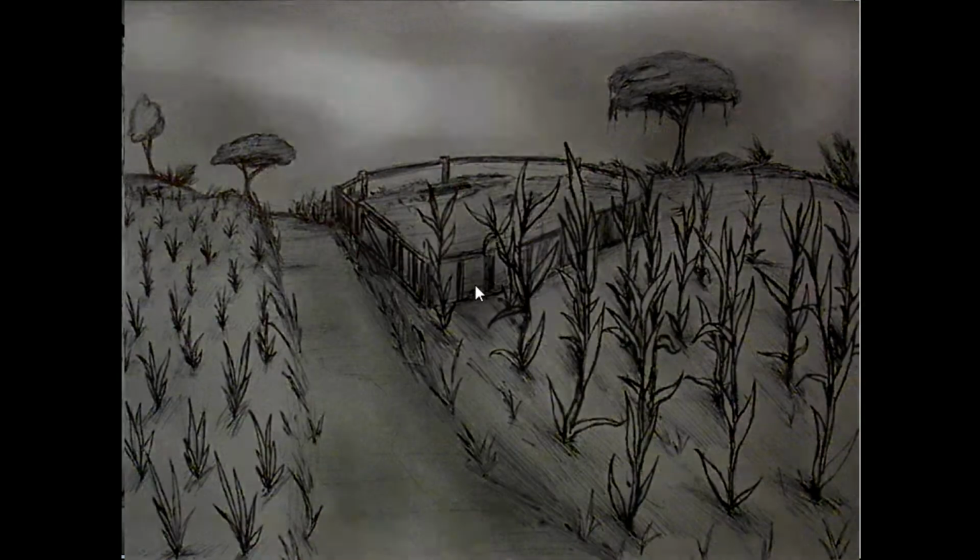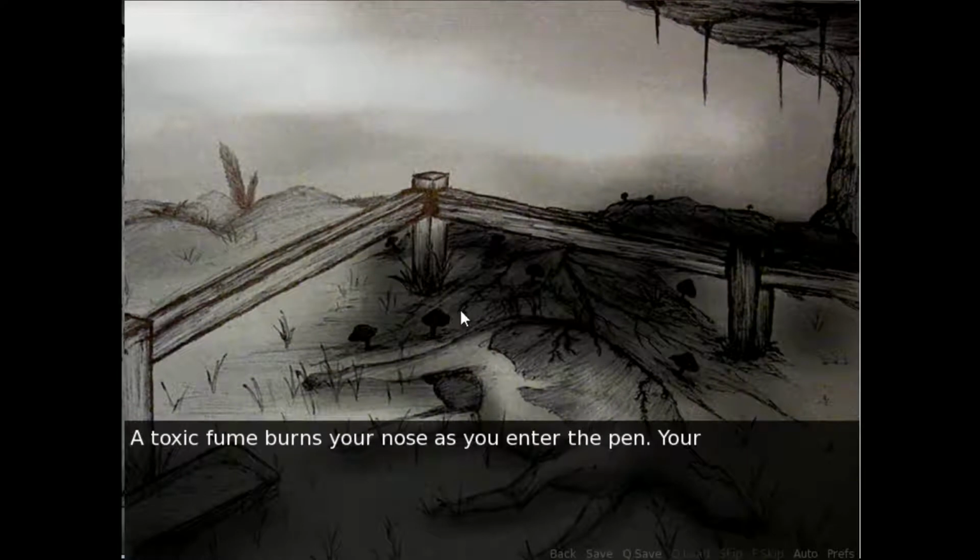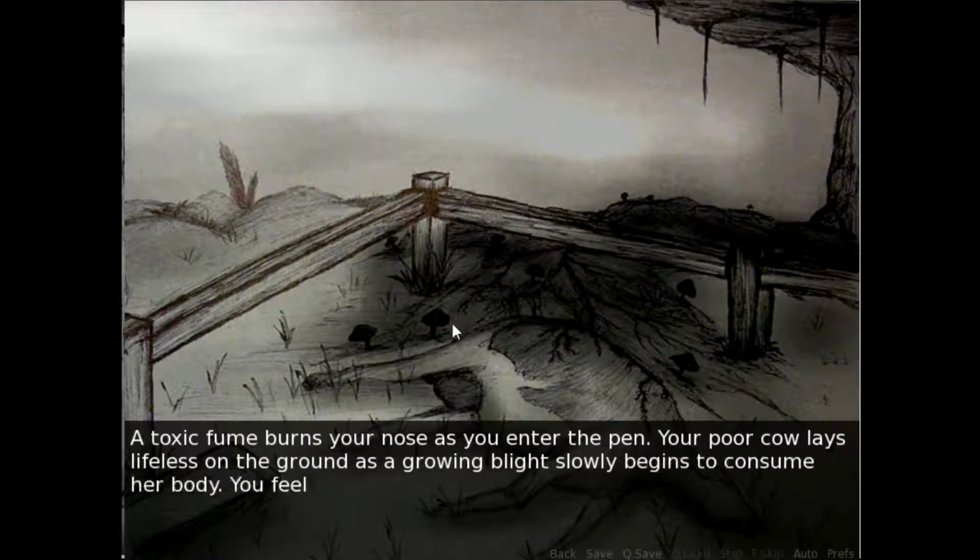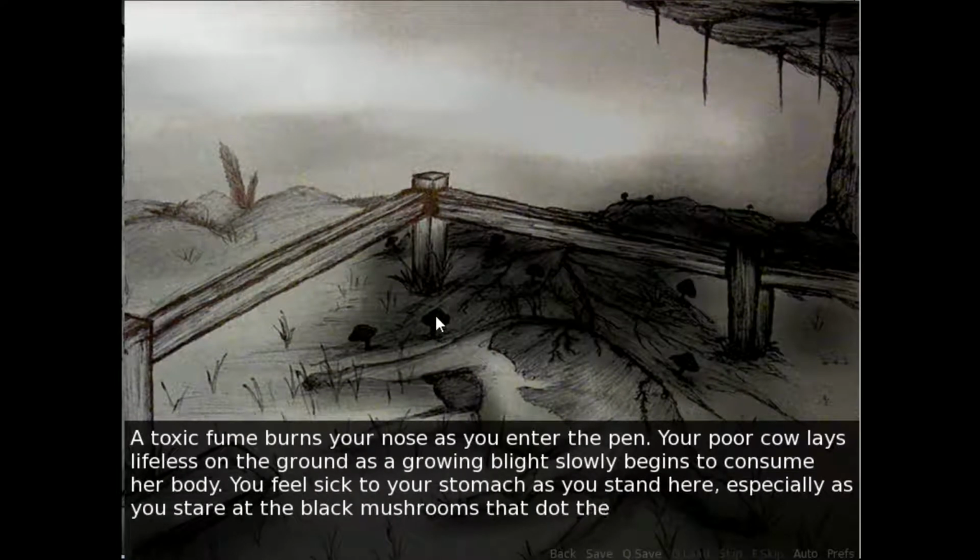Oh, we have a sound effect. This is very good. This is +1 on the plus scales. I don't like how the text is cutting off most of the picture that I want to see. Like the cow's head is not really there.